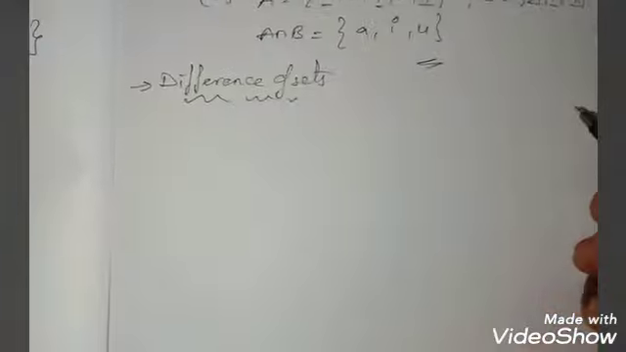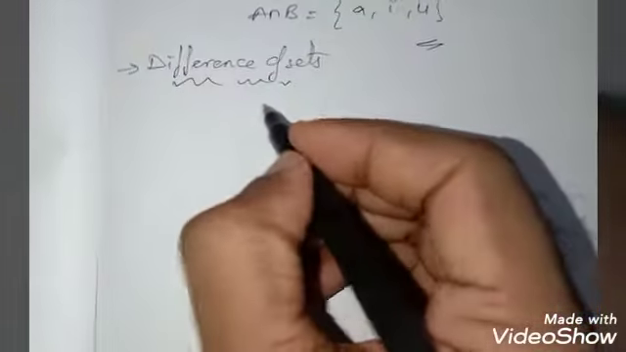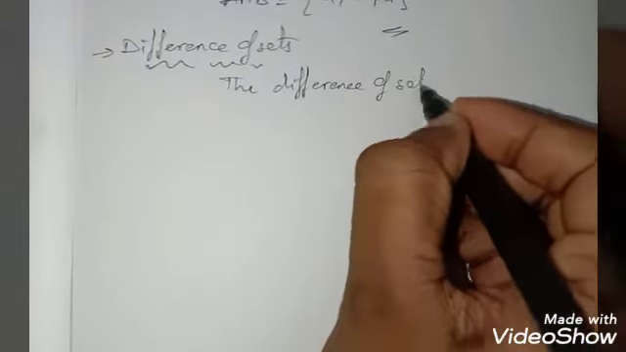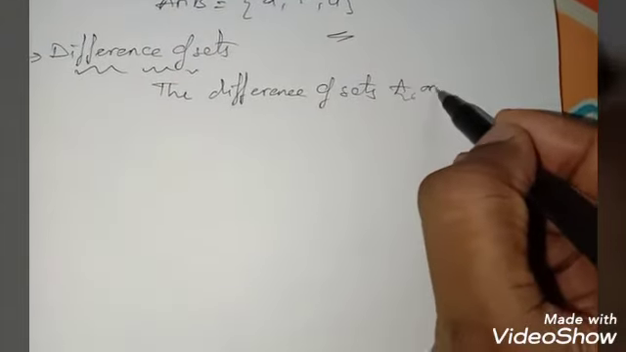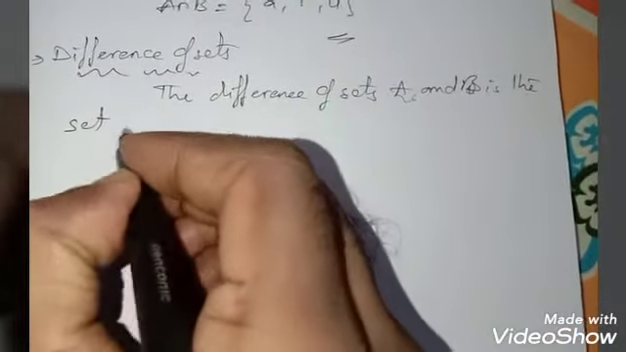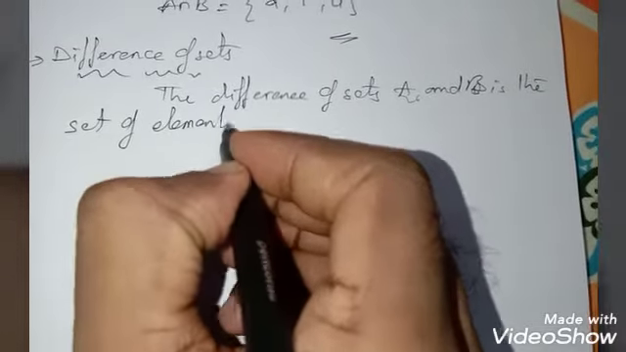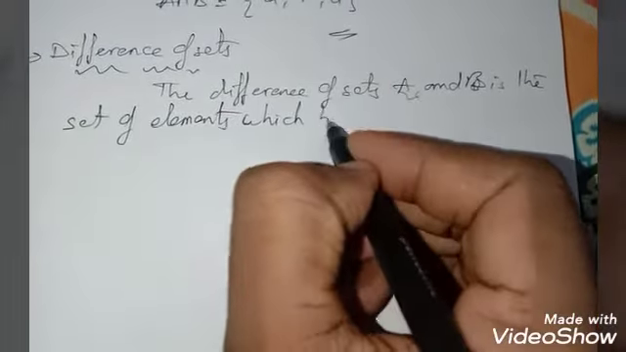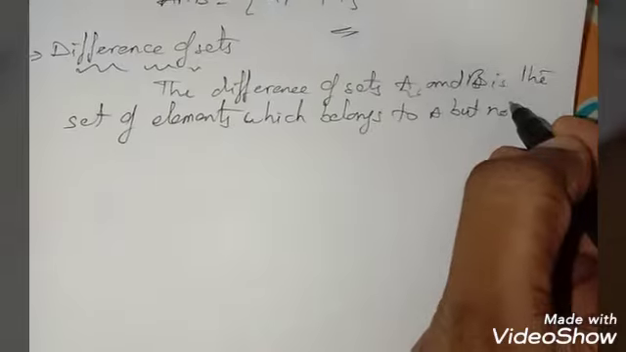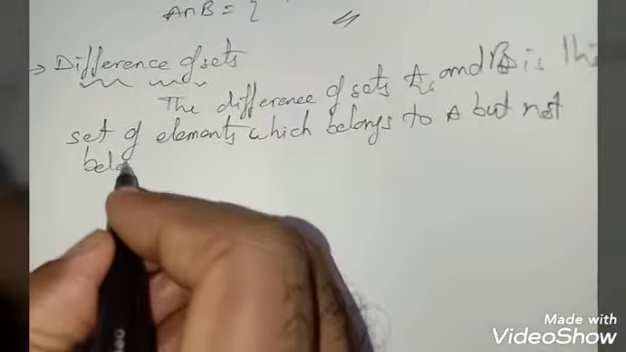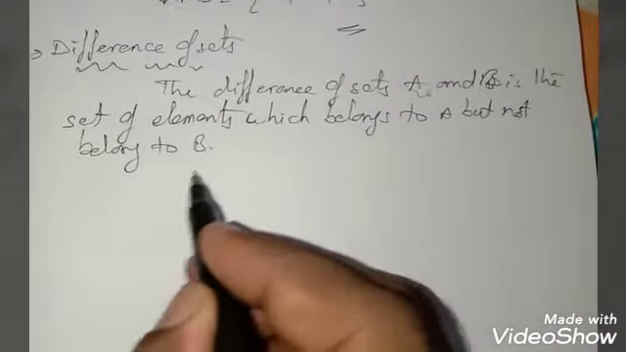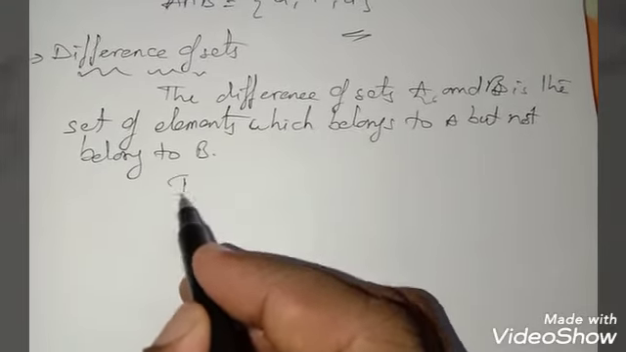Difference of sets. Now how to find the difference of sets? As per the definition, the difference of sets A and B is the set of elements which belongs to A but not belong to B. Right. Means as per your denotation, we can write that it is denoted as